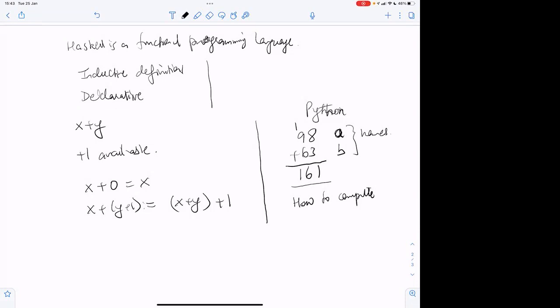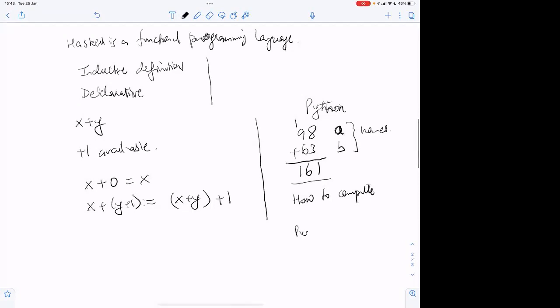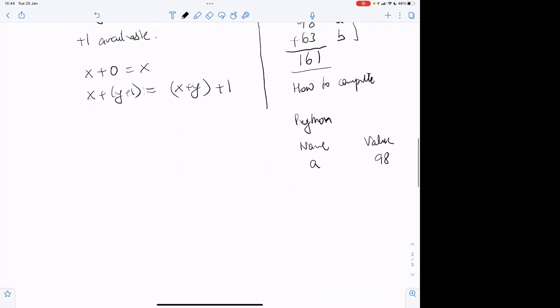Some of you might already know C and languages like that, where you have variables and you have values. In Python, you have a name, say A, and this has a value, say 98. The value may be an integer, or maybe a list, or maybe some object. We will come to that later.